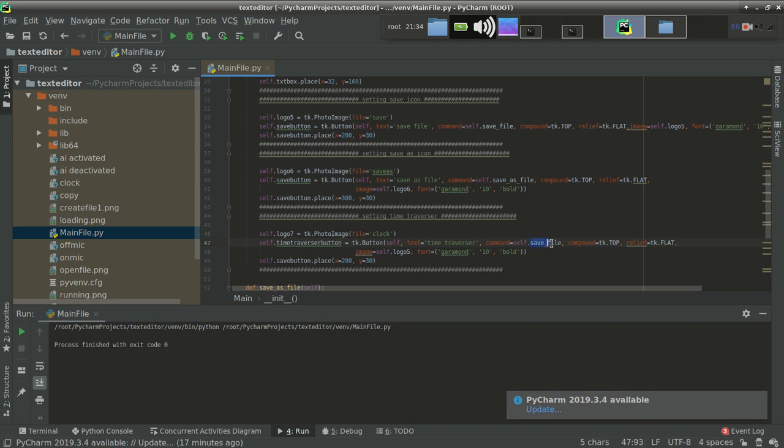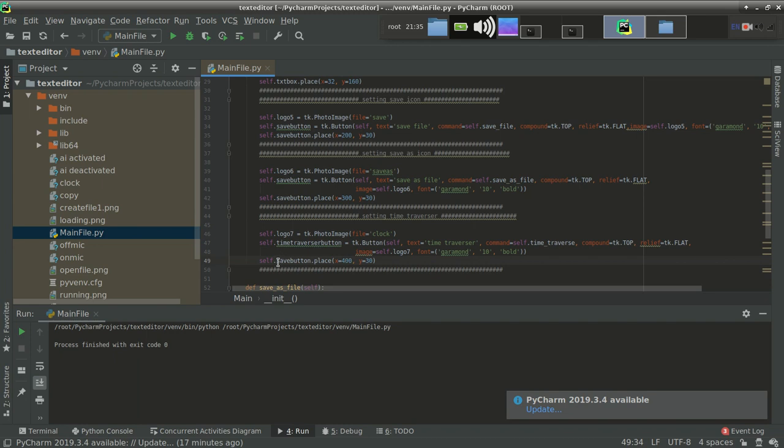Command self.save file, it should be time traverse. So everything is fine. Again, change this name to logo 7, specify coordinates. Now it's time to use the x coordinate as 400, y is fine, and that's enough.